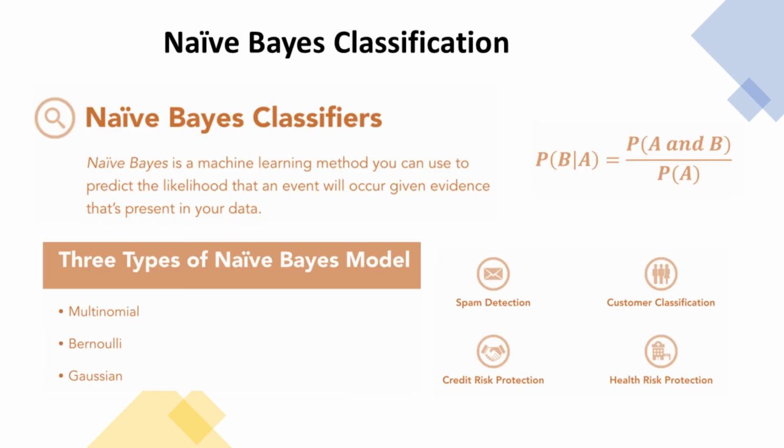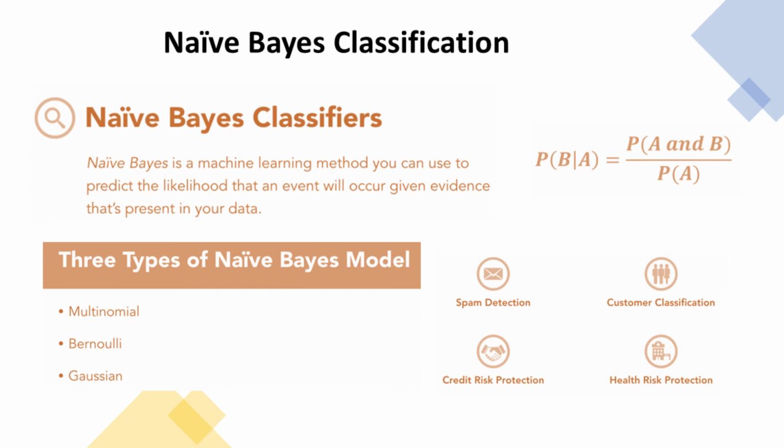Now let's move on to naive Bayes. So naive Bayes classification is a machine learning method that you can use to predict the likelihood that an event will occur given evidence that's supported in a dataset. For the demonstration in this section, we are going to build a naive Bayes classifier from our large dataset of emails called spambase. Some of these records in the dataset are marked as spam. All the other records are marked as not spam.